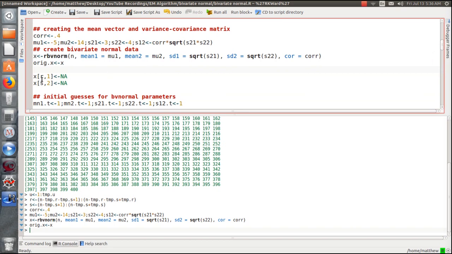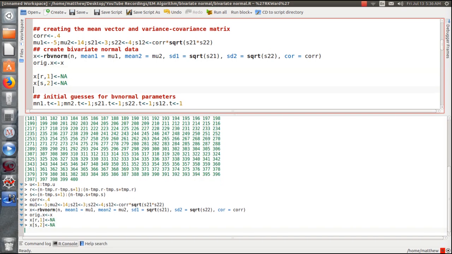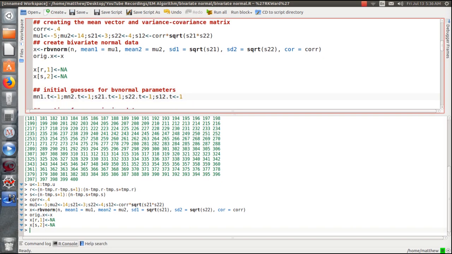Now, this is how we put the missing observations in X. R is the second section, first component, put all missing. S is the third section, second component, put all missing. So done. So now in the EM algorithm, we need initial guesses for our parameters, and our parameters are the